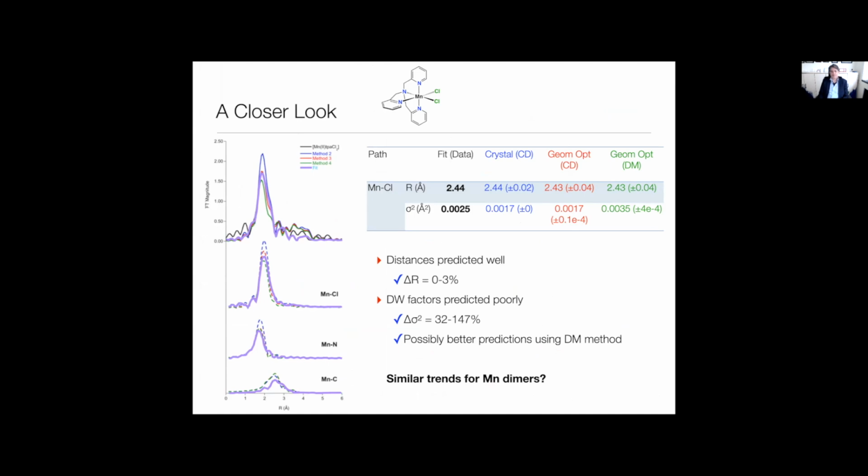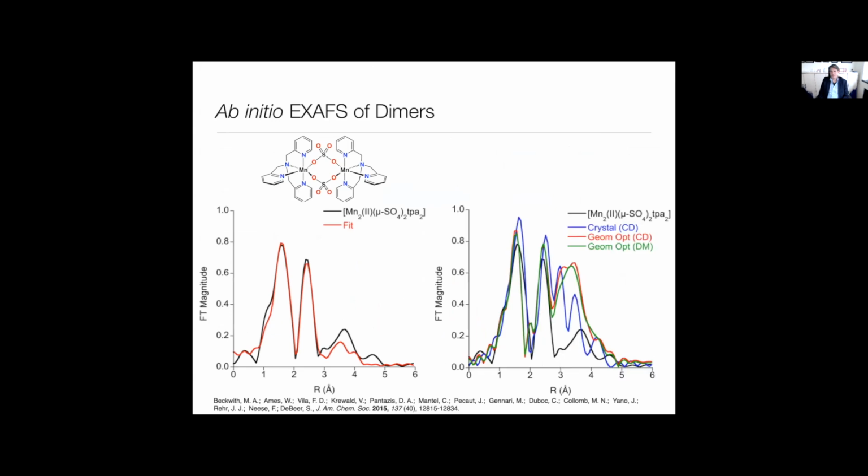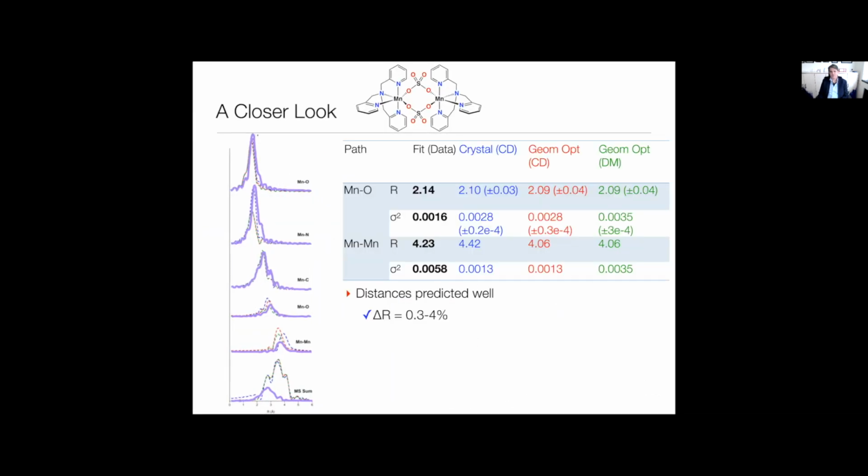But then what happens for the manganese dimers? For the manganese dimers, you see that the calculated EXAFS spectrum has absolutely nothing to do with the experiment. These are all calculations here, and they don't agree with the black line at all. It's an absolute fiasco, and it is really here where the Debye-Waller factors are hitting you. They can be off by an order of magnitude, and then the calculated EXAFS just goes to pieces. And it's particularly these metal scattering pathways. They're extremely bad.